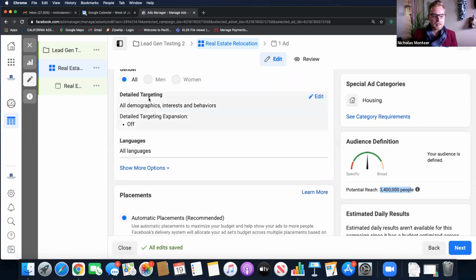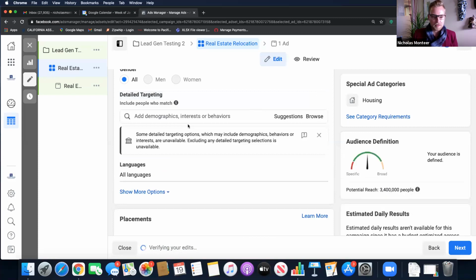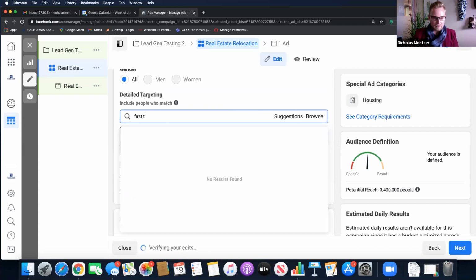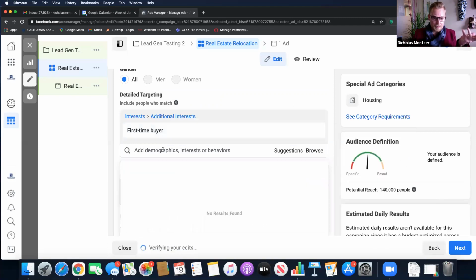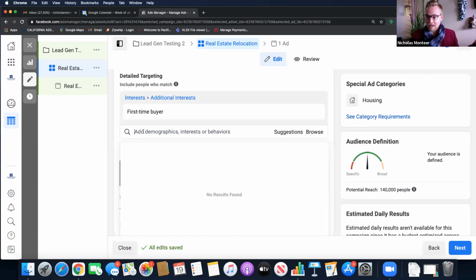Over here where it says detailed targeting, and detailed targeting expansion, all demographics is off. We're going to say no. We want to pick some interests that people have. And this is kind of the fun part. This is where I was typing in stuff like, if I want to target first-time home buyers, first-time buyer, right? That comes up as a thing. Now keep in mind, if you type something in and it does not come up, it does not exist as part of their criteria, or it violates the housing guidelines. That's why it's not showing up, okay? That's why we're in a special ad category. You are very limited on what you can target.